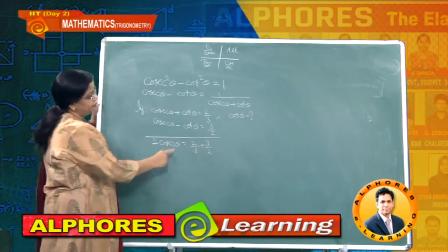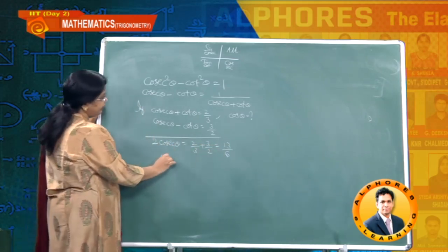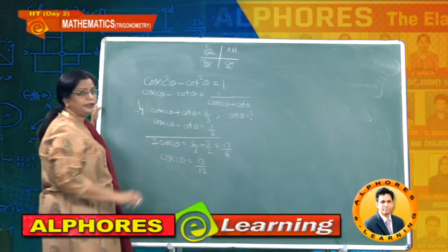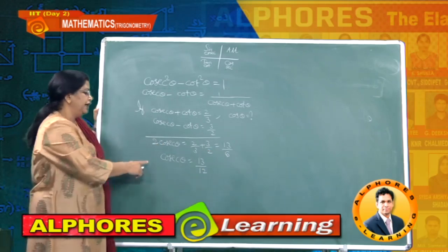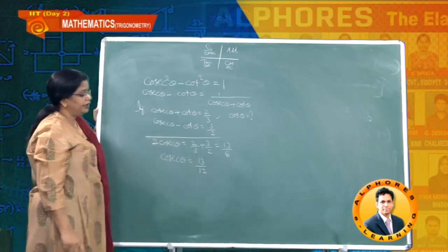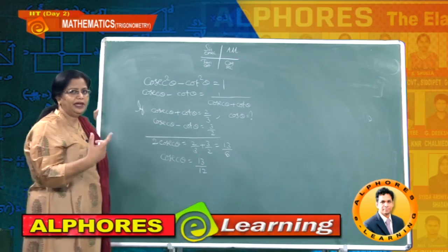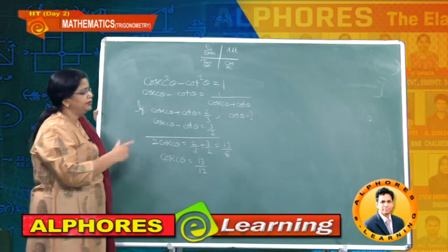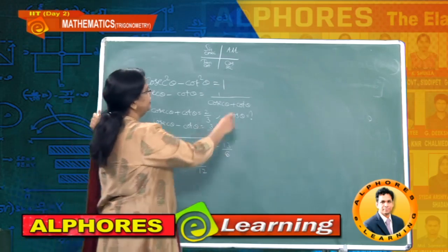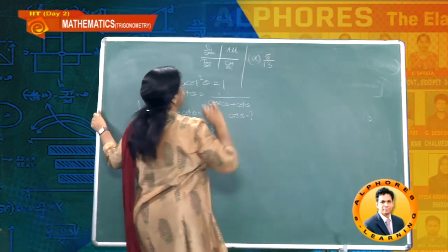So what is our answer? 4 plus 9, that is 13 divided by 6, and hence cosecant theta equals 13 divided by 12. The 2 goes down and thereby you get 13 by 12. Again here don't confine immediately. Don't start by saying this is positive and I know a right angle triangle, hypotenuse, opposite side, and thereby the adjacent side will be 5, so that cos theta is nothing but 5 by 13. If you write in this way, then among the options they give in the problem, one option is 5 divided by 13.